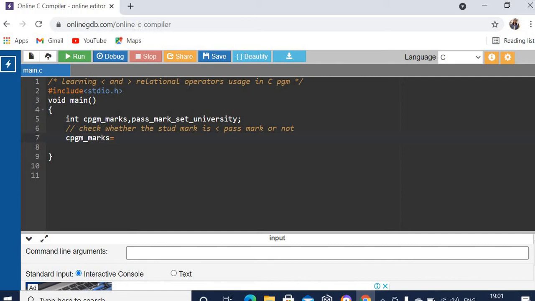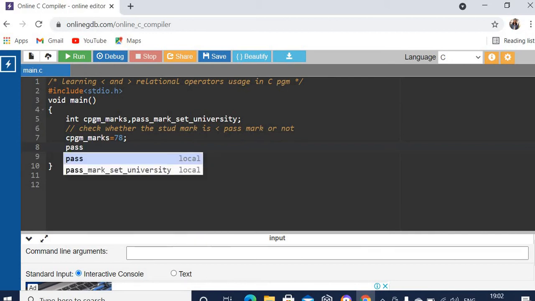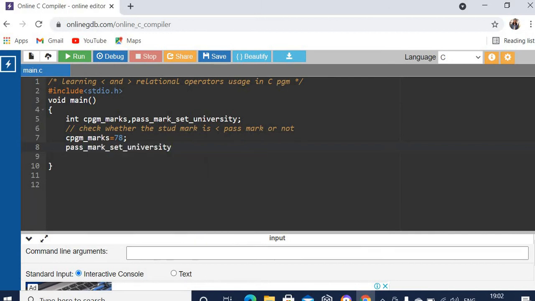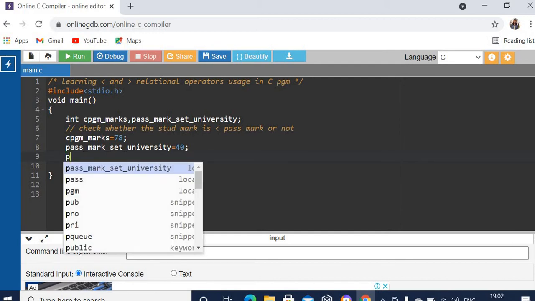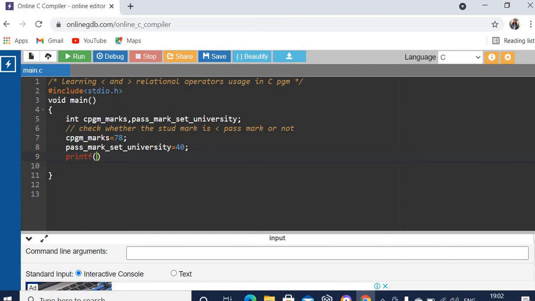Okay, so the student has scored 78 marks, and the pass mark set by the university is 40. Now we are going to check. So in the printf only we can check whether C program mark is less than the pass mark or not.